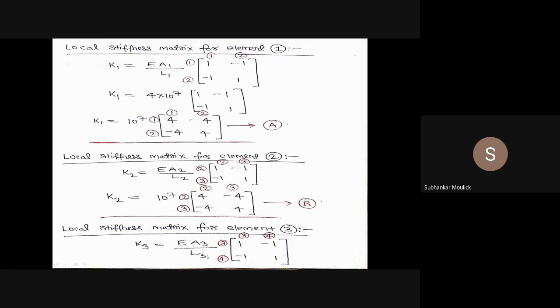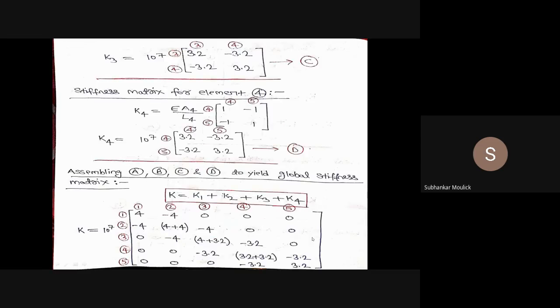So E into A3 by L3 is how much? It is nothing but 3.2 into 10 to the power 7. Then 3.2 you can multiply inside the matrix. Then the final matrix becomes this matrix. That is equation C. K3 is equal to 10 to the power 7, 2 cross 2 matrix, 3.2 minus 3.2